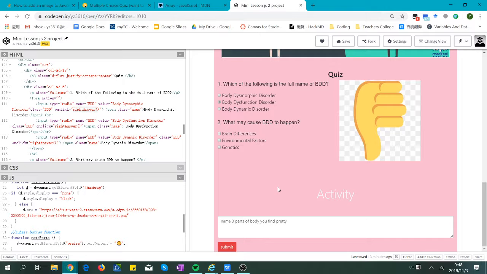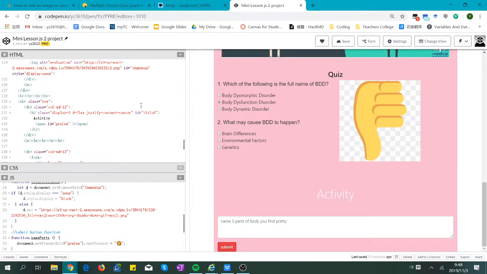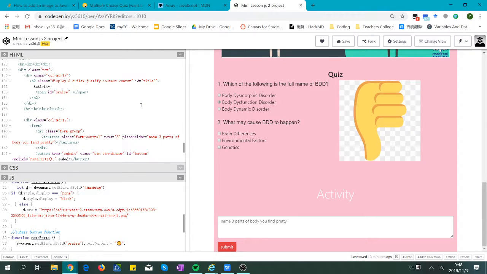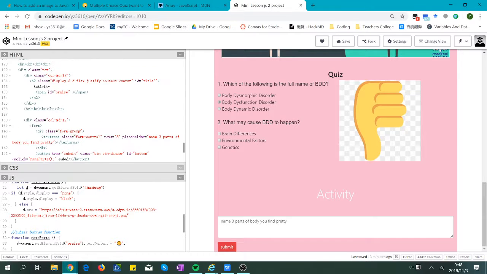And then for the activity part, now that users who review this page are able to judge and love their bodies by recognizing their beauty, I intend to encourage them by showing the pictures once they click the button of submit. So I ask the button to listen to the event of click by adding a function of name parts. Because I want a picture to appear next to the text of this activity, I add an element of span here with the ID of praise, so that the picture will appear right